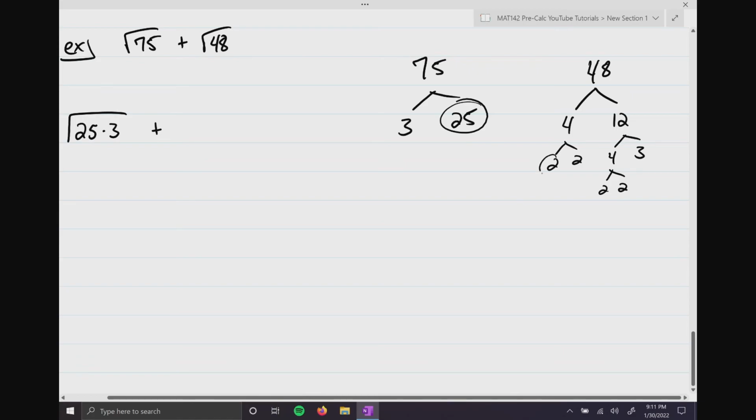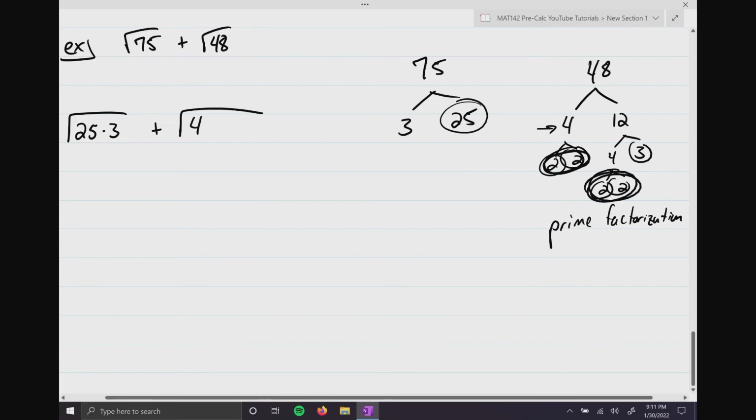So notice I have nothing but prime numbers left over. This is called prime factorization. And what makes this so powerful is the fact that when we group 2 times 2, it equals 4. So I know underneath the radical here, I have one 4, then I have another 4, and then finally, I have a 3 left over. So I can use prime factorization to my advantage to quickly simplify a number so that I can simplify